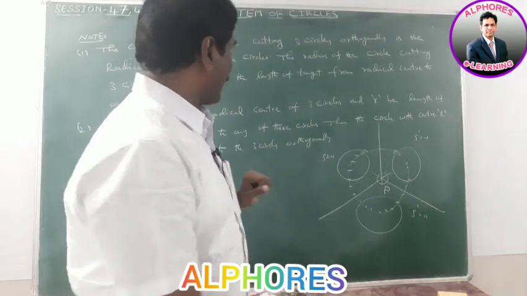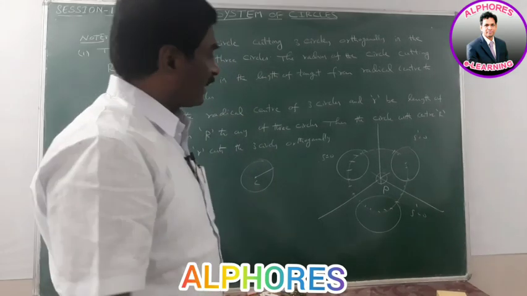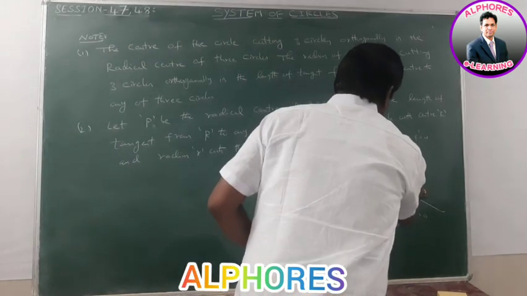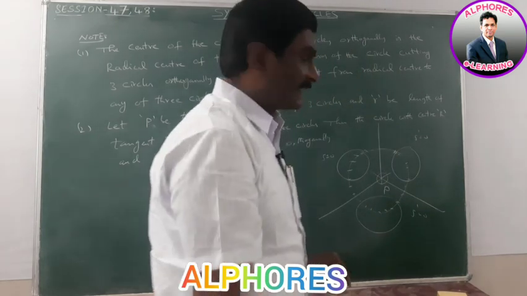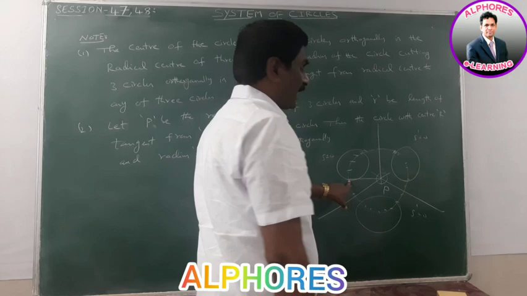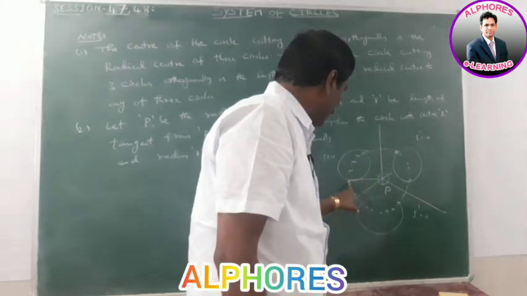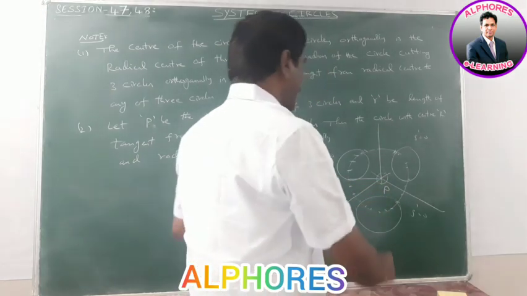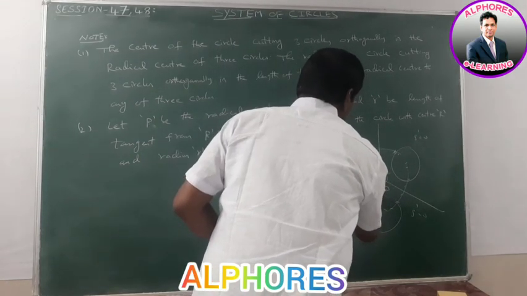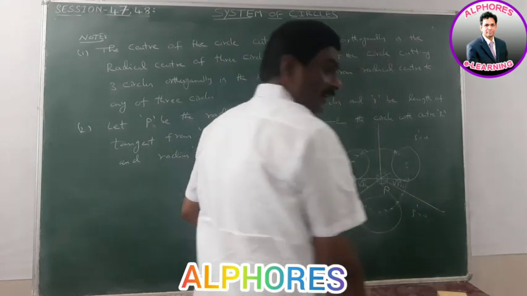What is the radius? The radius is nothing but the distance from the center to any point on the circle. Here, these are points on the circle. What is this value? Please join this. This is nothing but the power of the point with respect to the circle. It is nothing but the length of the tangent, root S11, root S'11, root S''11.